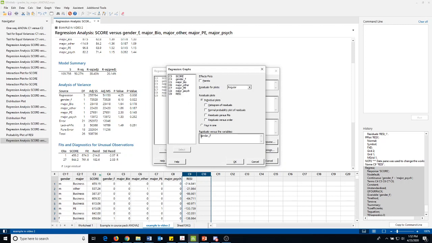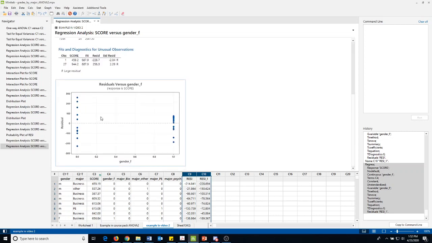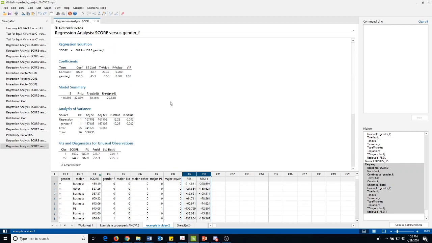We want residuals versus each predictor. Well, there's only one predictor left, and that's gender for female. And so for our reduced model, we get the standard error and the mean squared error. If we take a look at the residuals,